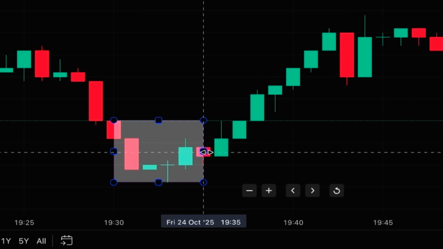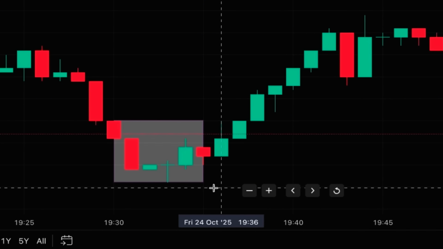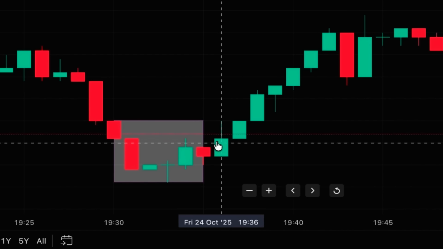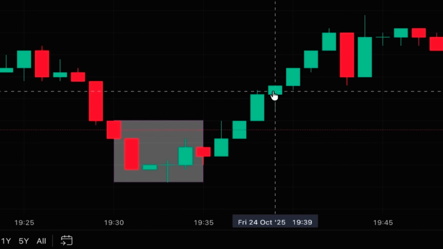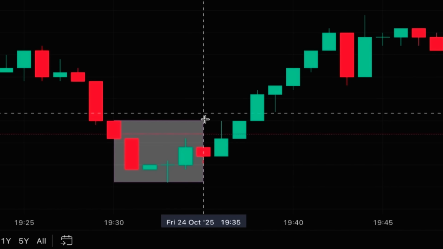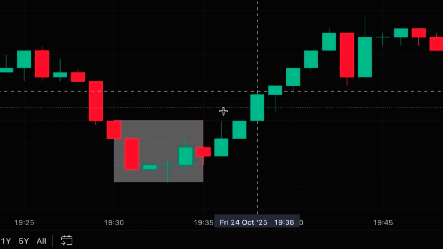When we have a red candle, we should be waiting for the downside break out of the box. In other words, we should wait for a candle that is closed below the box. And this breaking should happen in the next 4 candles. 1, 2, 3, 4. And you can see that in the next 4 candles, we didn't get a downside break. So the signal of this box is already rejected and we should wait for 1 more candle so we can